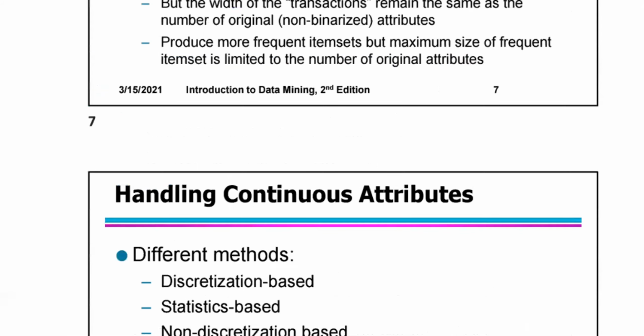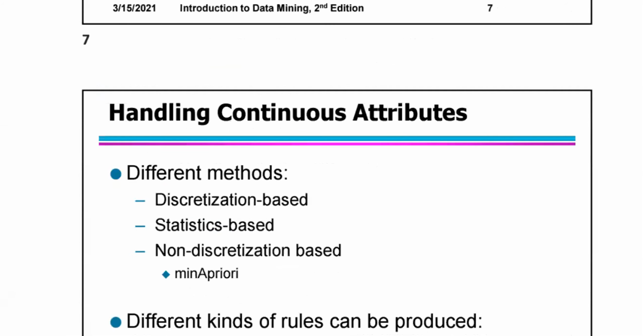This is regarding how to handle categorical attributes. Now we have to discuss the handling of continuous attributes. Whenever you discuss association analysis with the advanced concepts, mainly you use two kinds of attributes. One is categorical attributes, the second is continuous attributes. Categorical attributes you convert by binarizing, and then you represent them as continuous attributes.